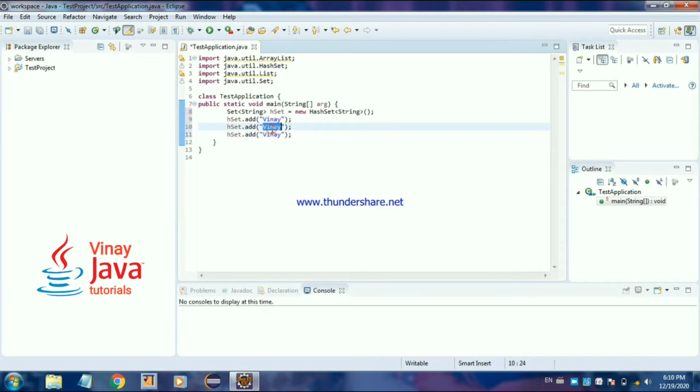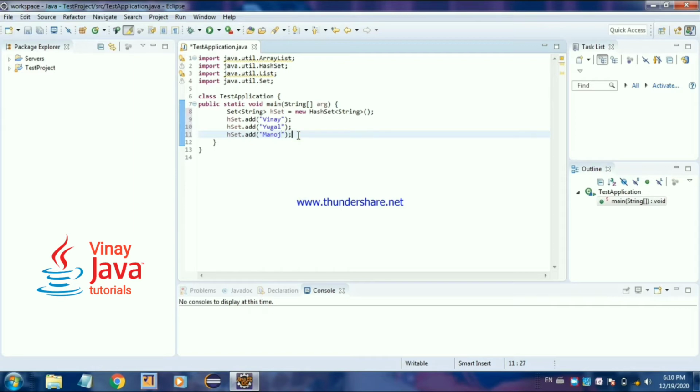Let's change these values. Second one, let's say Yugal, let's say Manoj. Okay, so friends, I have added the three elements as string type Vinay, Yugal, Manoj in hash set.